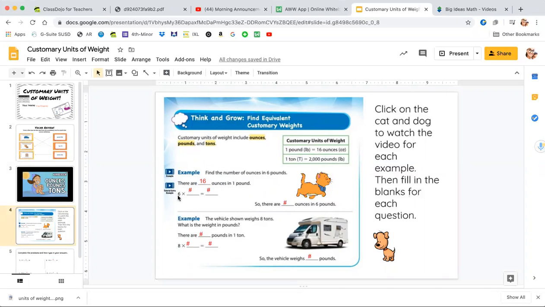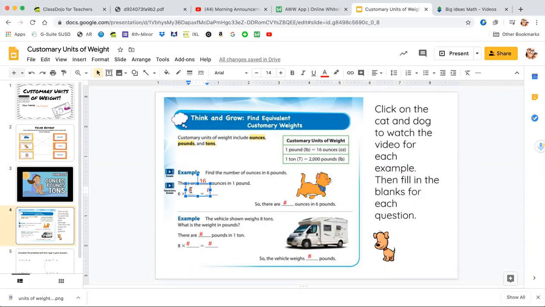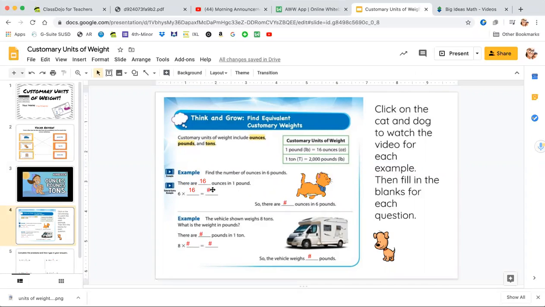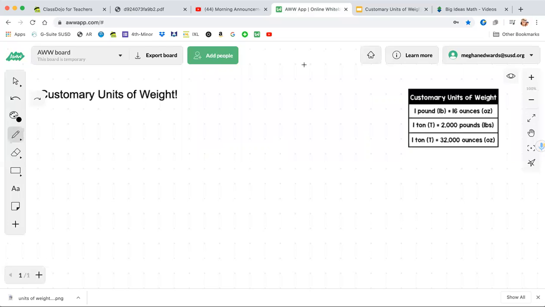So I'm going to be multiplying 6 pounds by the 16 ounces in a pound, and that's going to tell me my answer here. So I'm going to go to the whiteboard. You're going to go to a piece of paper. But here we're going to be doing